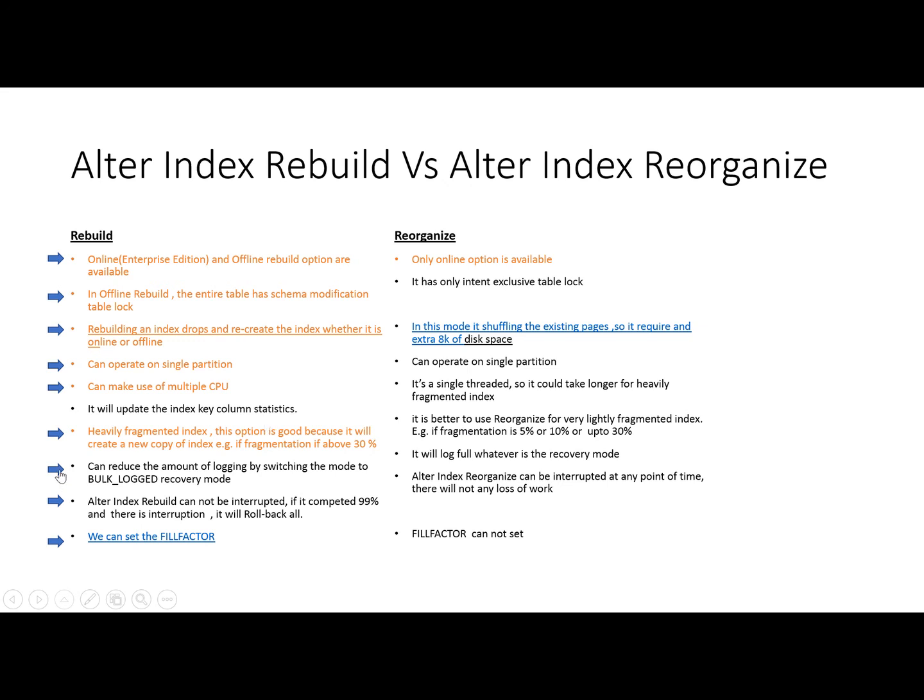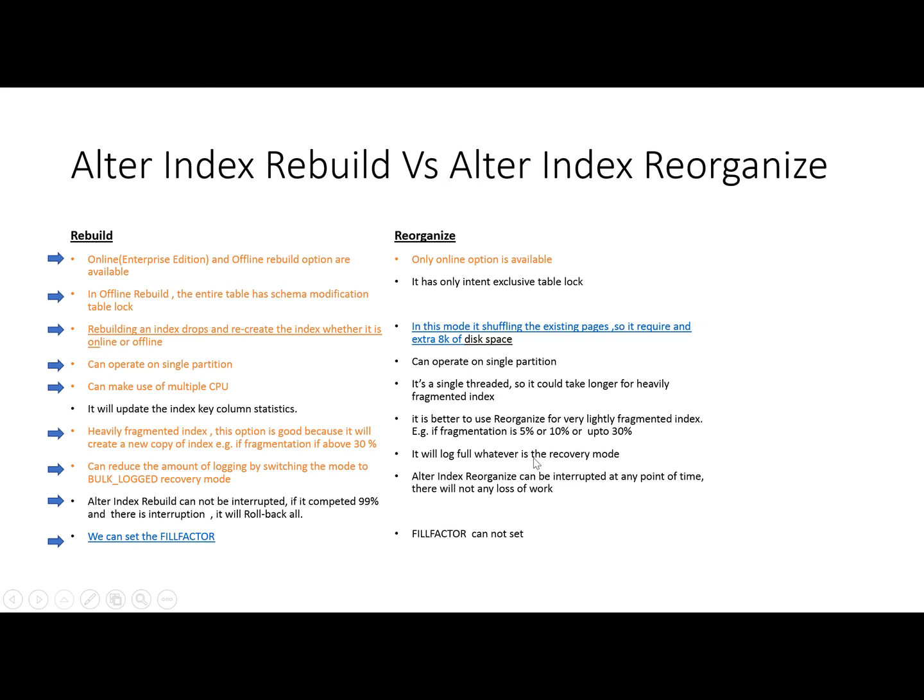And with the rebuild method, we can use less logging. If we use the bulk-logged recovery mode while rebuilding, then there will be less transaction logging, while in the reorganize method this option is not available.